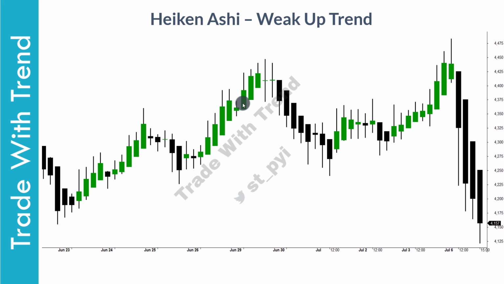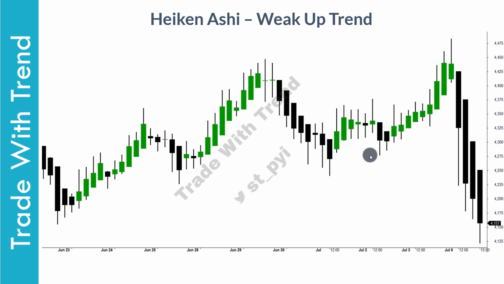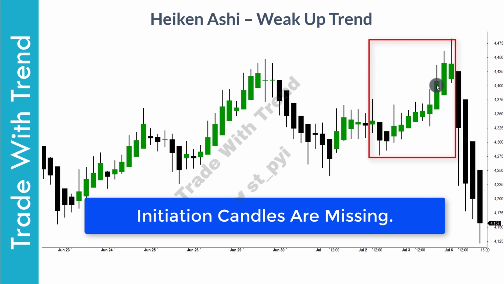If you look at this second region here, still the range of candle does not suggest presence of strong players in the market. There is just one strong candle here, but other than this, most Icon SE candles here lack the element of strength and momentum. Now even in this region, if you see, there are no initiation candle visible. Price moved up on back of very less momentum and eventually sellers drove the price lower.